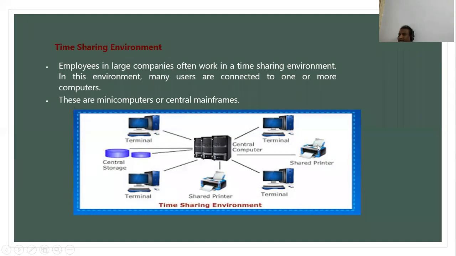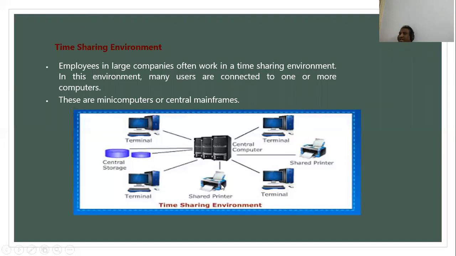Suppose I want to give a print. Every computer is not attached to the printer. The printer is attached to the central computer, and storage is also attached to the central computer. Suppose from this particular computer I want to give a print, it goes to the central computer, and from there it goes to the printer.